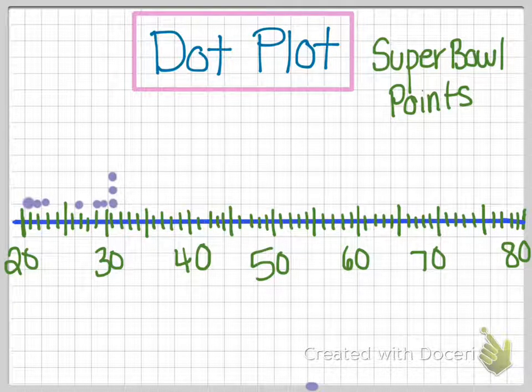So you're going to go through all your data and do this. It's a little bit tedious because you're going to cross things out, but follow along with me, and we will have the same dot plot at the end. So we have 1 at 36, 3 at 37, 1 at 38, 2 at 39,